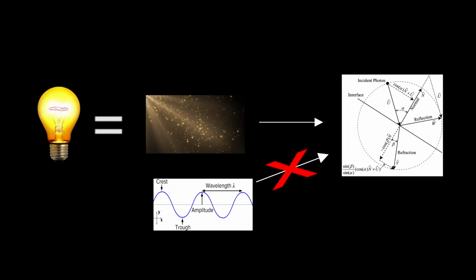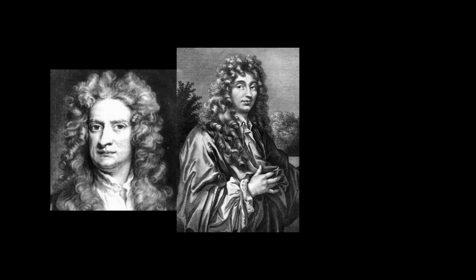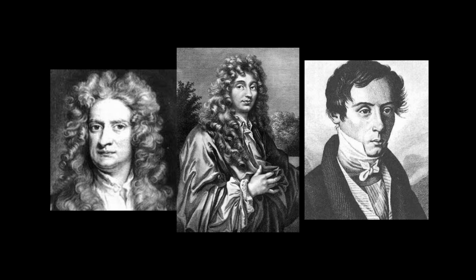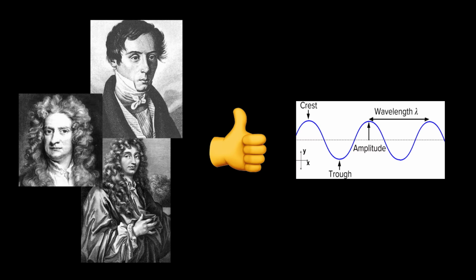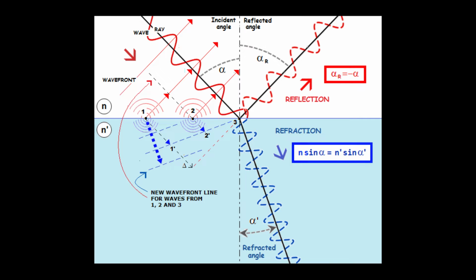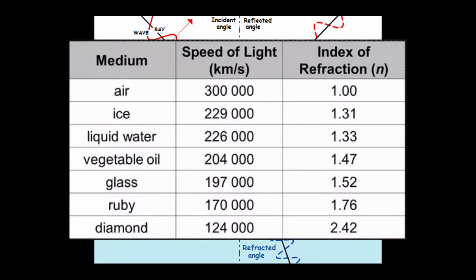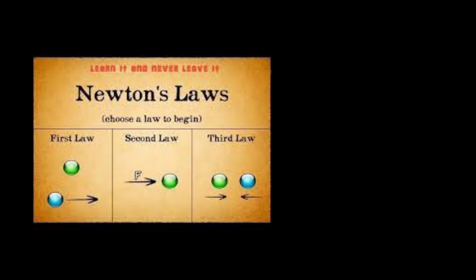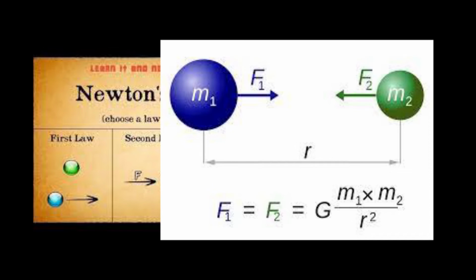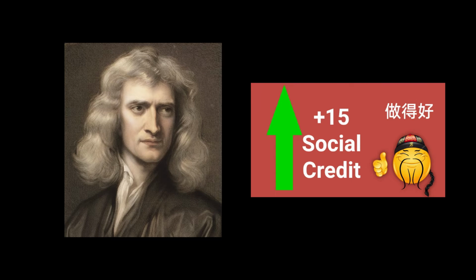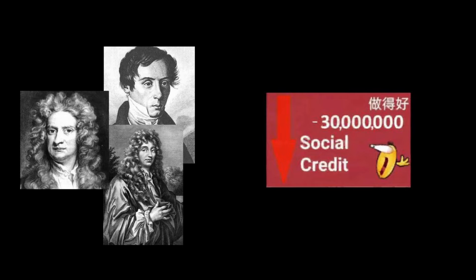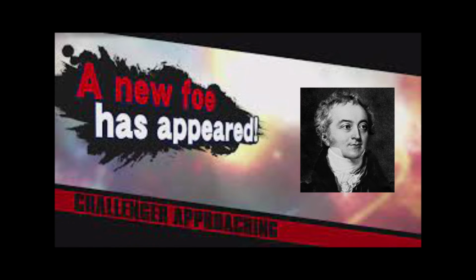On the other side, physicists Robert Hooke, Christian Huygens, and Augustin-Jean Fresnel supported the wave theory, and argued that refraction could also be explained as propagation of light waves in different mediums, which the speed of light depended on. Back then, however, due to Newton's fame from his previous works, people generally supported his theory and rejected others. Then came along Thomas Young.